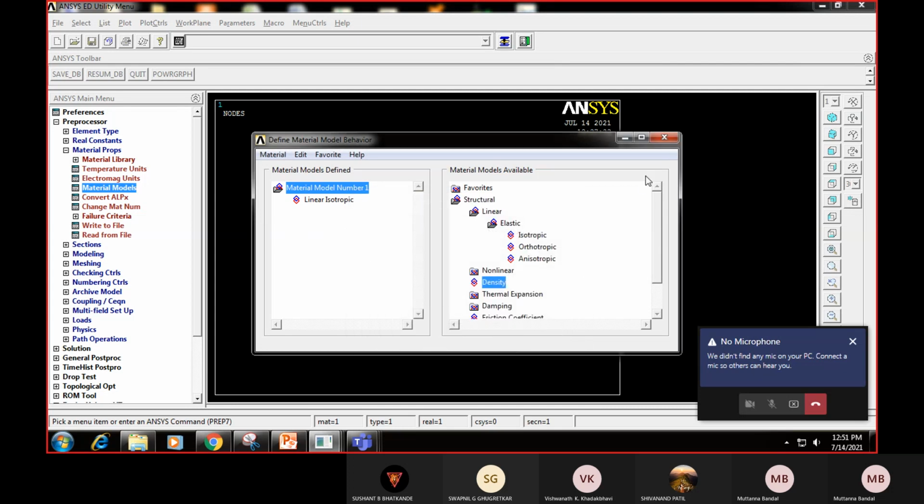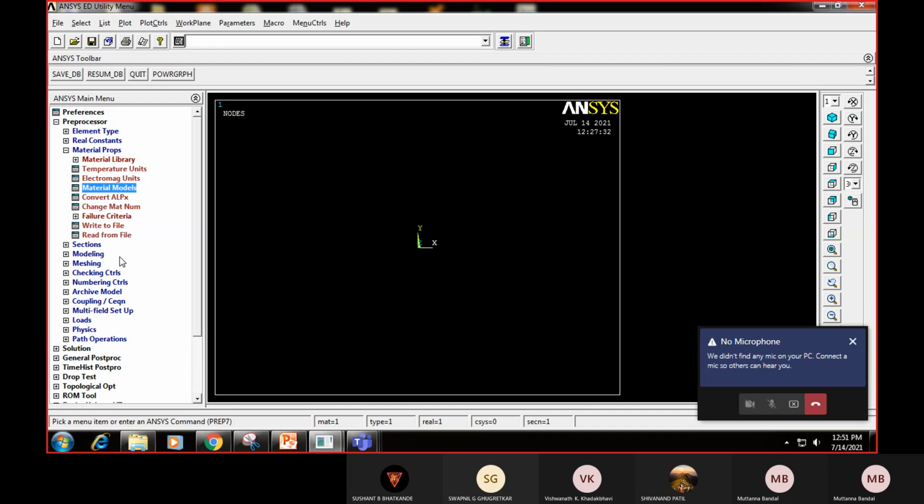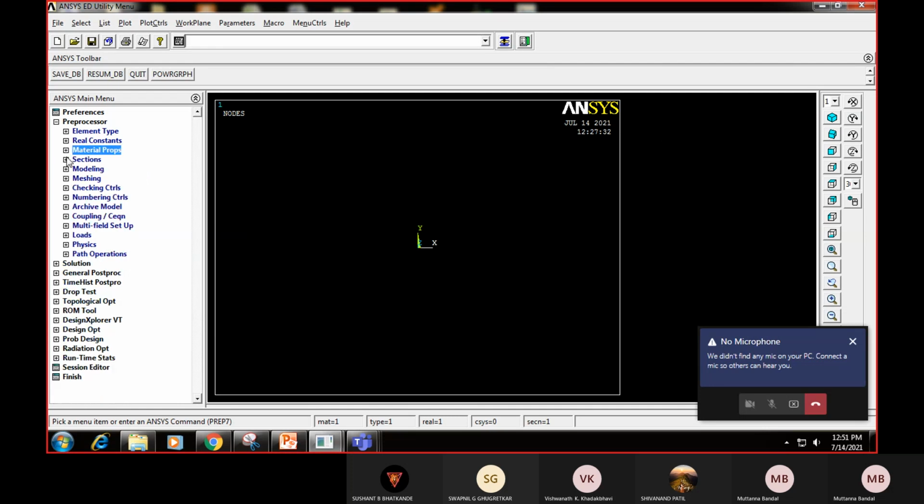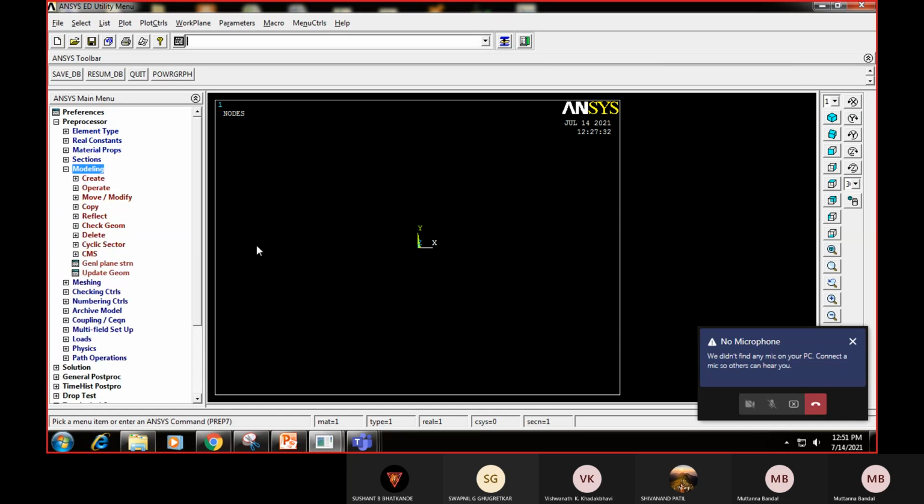Once the material properties are defined, I have to go for what? The modeling. The section is already defined here, so I have to go for modeling. There is nothing I have created here yet, right? Modeling refers to the 3D CAD model. But here the 3D CAD model is converted into a line element, and to that line element I am assigning the cross section area. So what I want here is to create a line model.